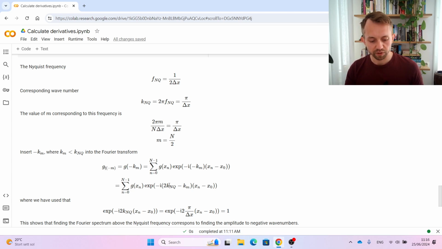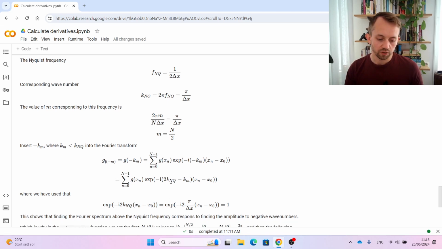First the exponential with the 2k_nq, and then the one that I have here. Then the part that has 2k_nq in it is just 1, because if I insert the Nyquist wave number, pi over delta x, then you can see that I get minus i and then 2 pi over delta x, and xn minus x0